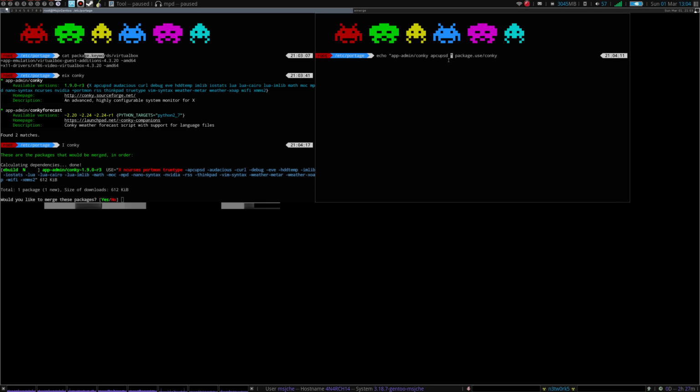You can put anything in here you want. Curl, HDD temp, IM lib, IO stats, Lua Cairo, Lua dash, IM lib, math, MOC, MPD, NVIDIA, RSS, Vim syntax, etc. I'm not going to do any weather. Wi-Fi, XMMS2,